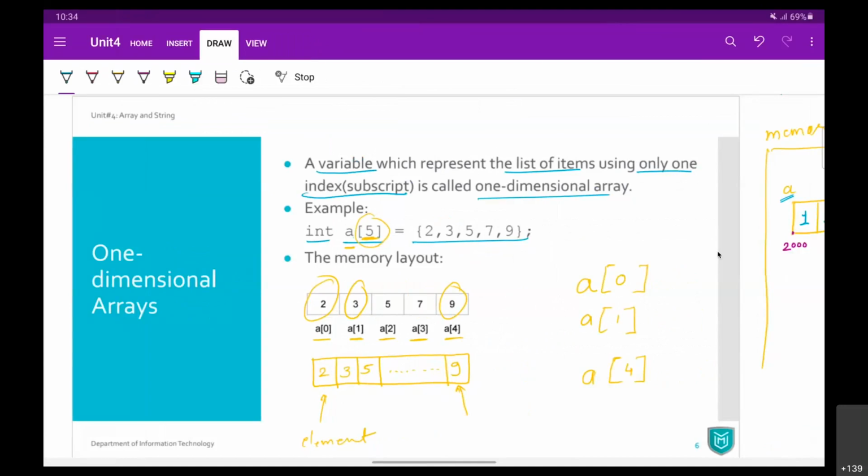In the previous session, we started Arrays and Strings, Unit number 4, and we started understanding what an array is. To quickly revise, an array is nothing but a collection of elements having the same data type, right? So we will have more than one element in the array.